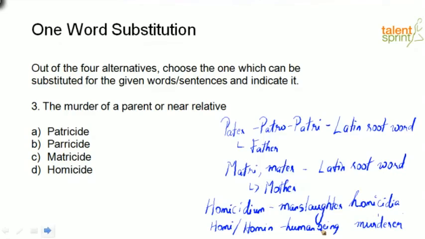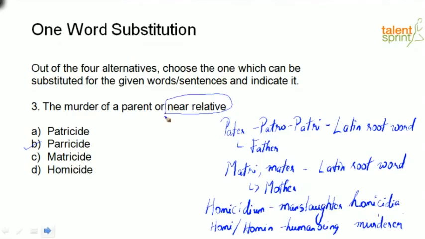Homicide, on the other hand, is very general. It just means the killing of one person by another, right? So parricide. The phrase very clearly says the murder of a parent or near relative, which means patricide will qualify, matricide will qualify, homicide will also qualify, but we're looking at exclusivity. Just like how patricide is for father and matricide is for mother and homicide is for one person killing another person. Parricide, right, our option, is very exclusive because we have something in addition to the parent, which is near relative.